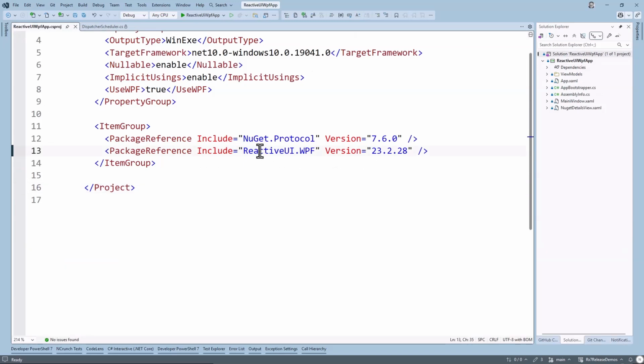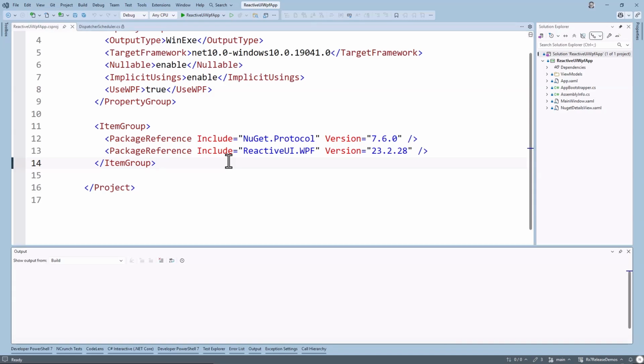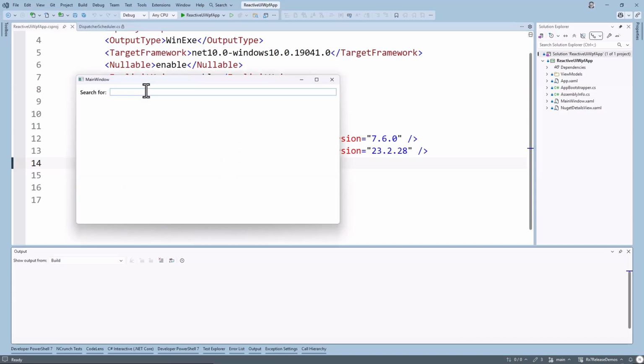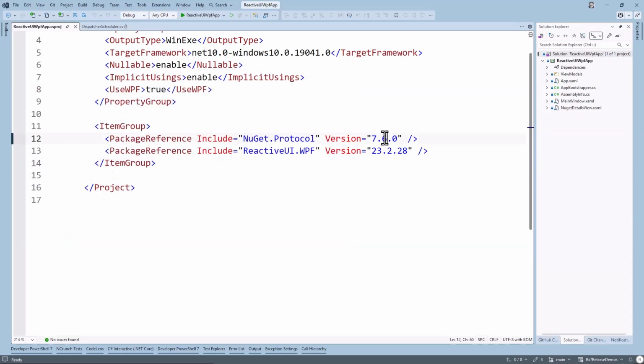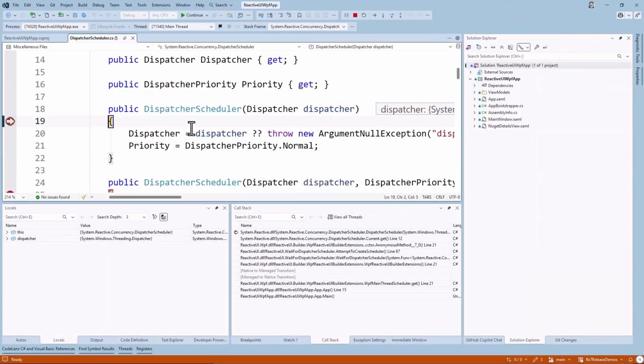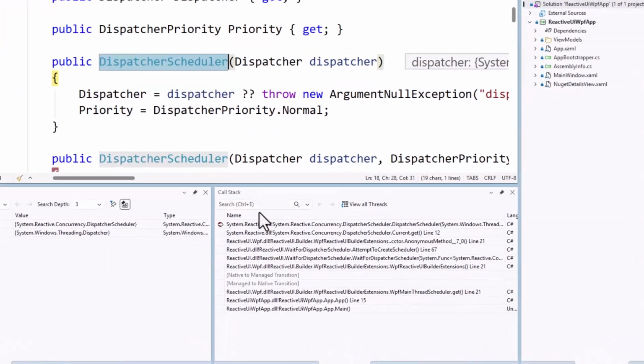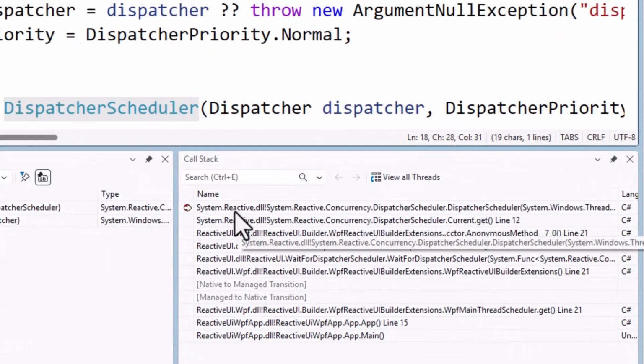For example, you might be using Reactive UI, a popular RX-based UI framework. As I record this, the latest version is built against RX 6.1, and it relies on the WPF functionality that's built into the main System.Reactive package. So this Reactive UI application is the usual demo that goes and talks to the NuGet endpoint and shows you information about packages. Now, if I run this in the debugger, you can see we hit this breakpoint here. And if you look at the call stack, you can see that's inside